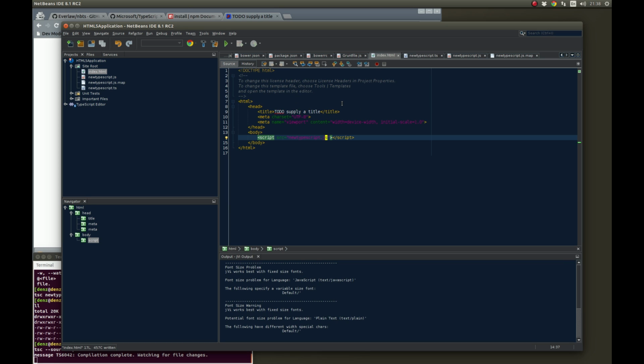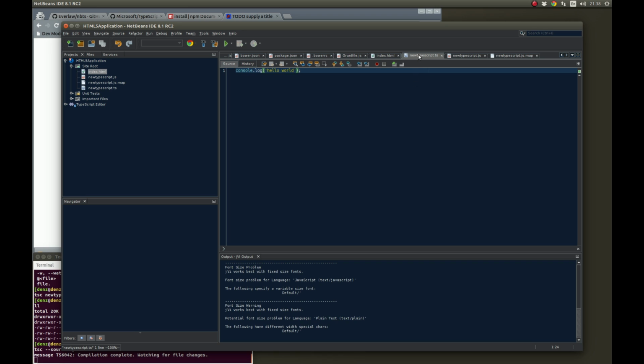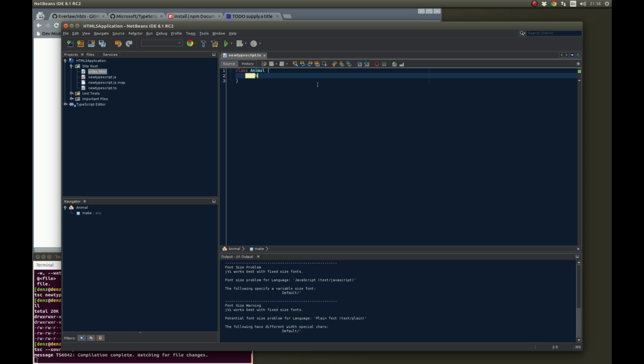So you can go back to your script. Let's just close the other ones. And you can, for example, create a class. See, it has syntax highlighting. Animal, I don't know, that's the most generic I can think of. And then a method make noise, and it returns void,